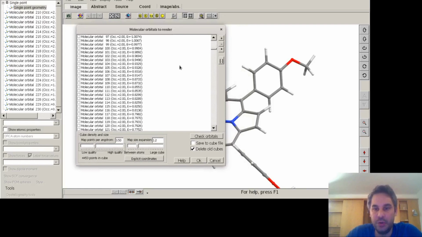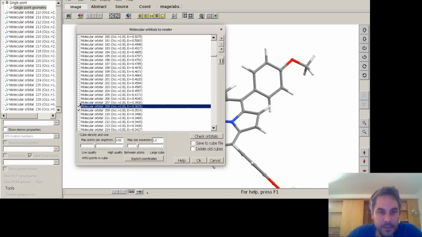But if you're not sure, you should search in both directions. So I will untick this delete all cubes, because I want to keep seeing all the cube files that I can. So 210 was the last one,